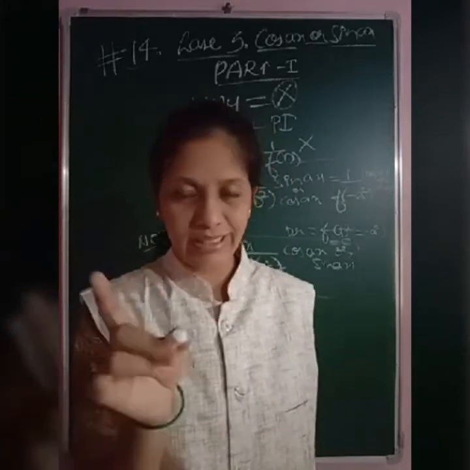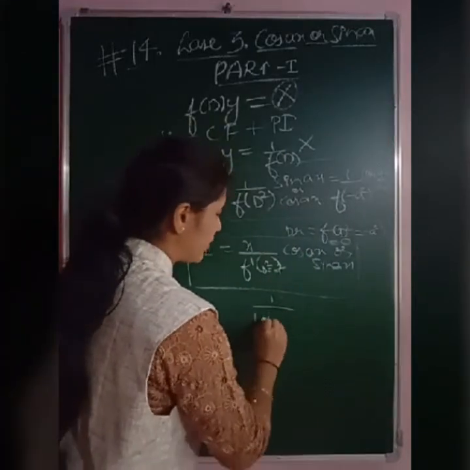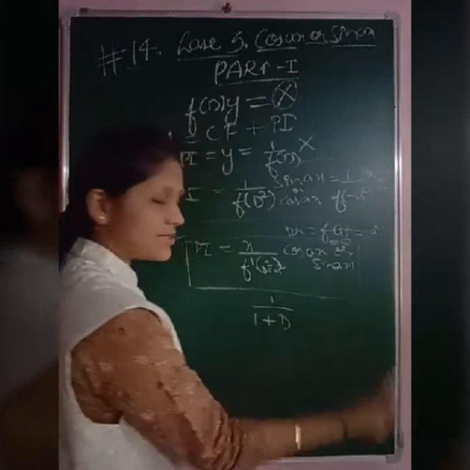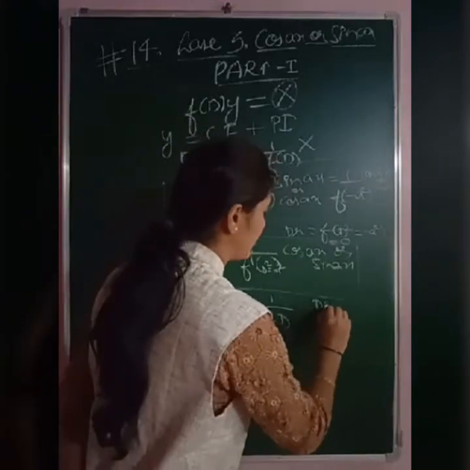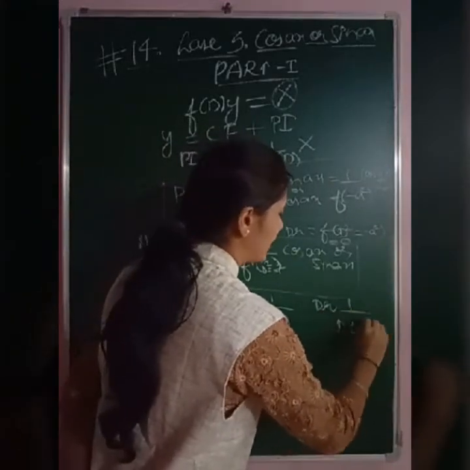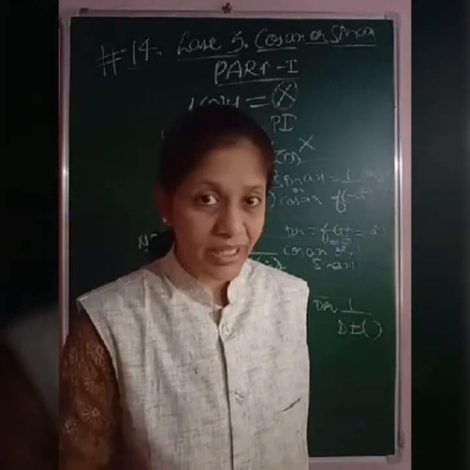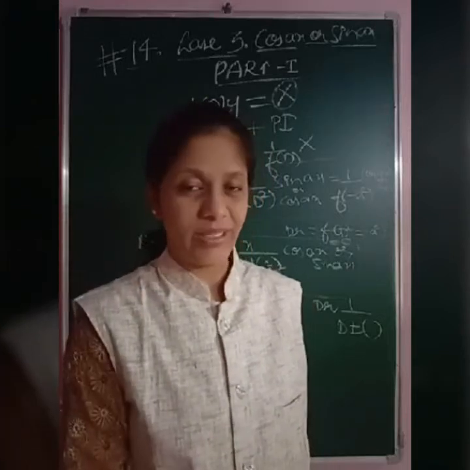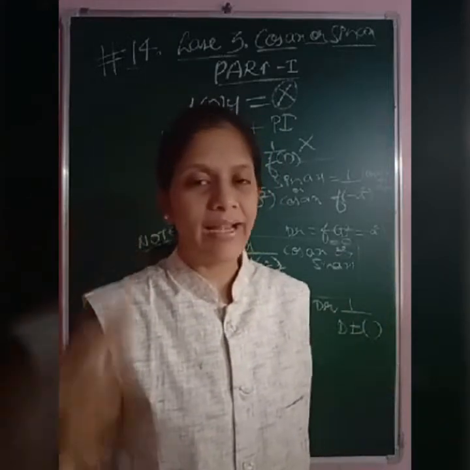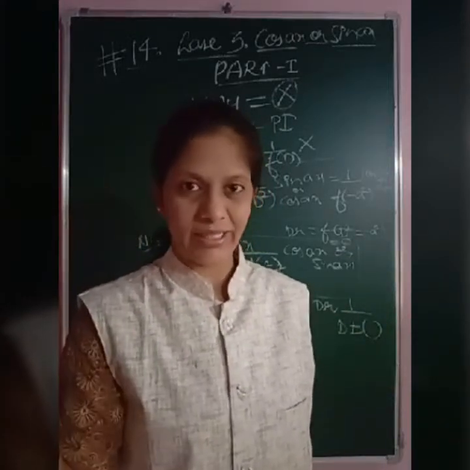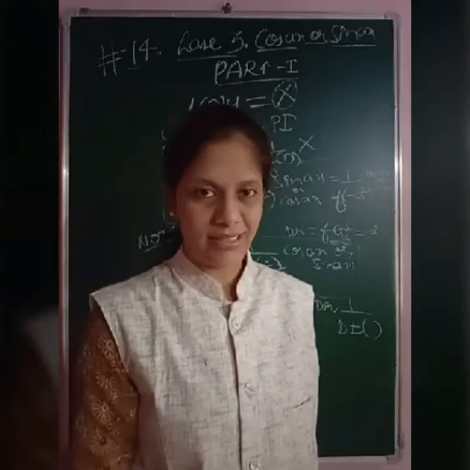We do not know about D. Suppose in the denominator it comes as something plus D or minus something plus D, then what do we have to do? We have to arrange the denominator in the form D plus or minus something and then rationalize the denominator. Already we know about rationalizing the denominator. Suppose it is D plus something, multiply and divide by D minus that something. Suppose it is D minus something, multiply and divide by D plus something.